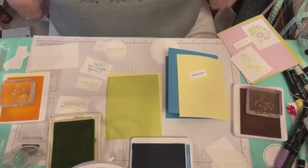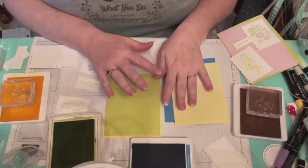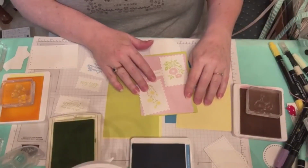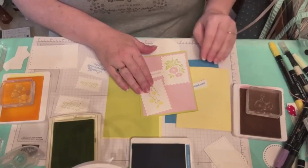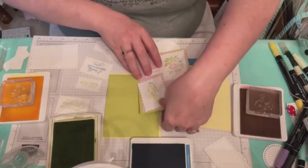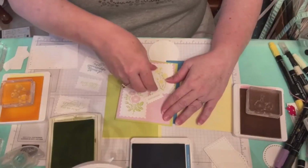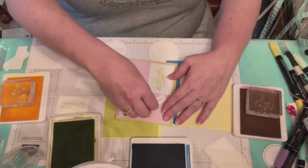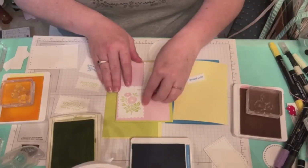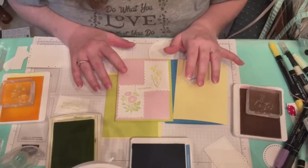Okay. So the first thing I did was choose some colors. I did two different color combinations: the green with the pink, and the green with the Azure Afternoon. So the first layout I was thinking was using these postage stamp dies and then maybe putting the sentiment in the middle. Because mainly I think that this looks really cute with